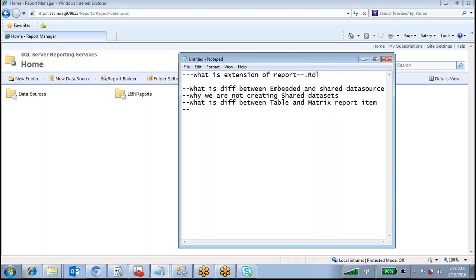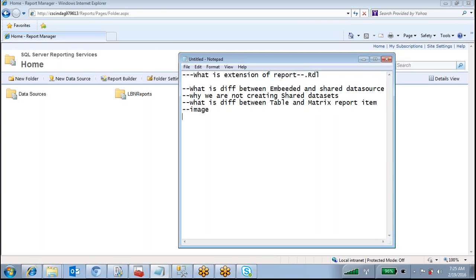There are a lot of report items, right? Image: there are three options in image, external, embedded, and database. What is the difference between these three?